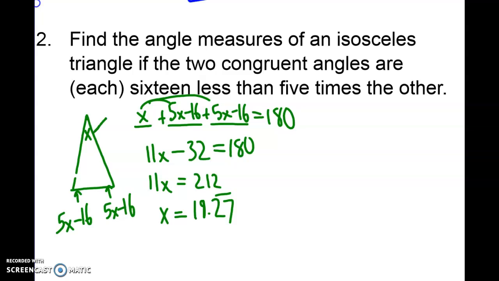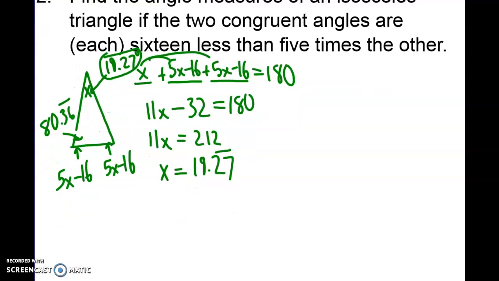So this is 19.27 degrees. And then if I want to find out what the other one is, I just times it by 5 and then take away 16. So times by 5, subtract 16. And then each of these is going to be roughly 80.36 repeating. All right, finally, let's take a look at